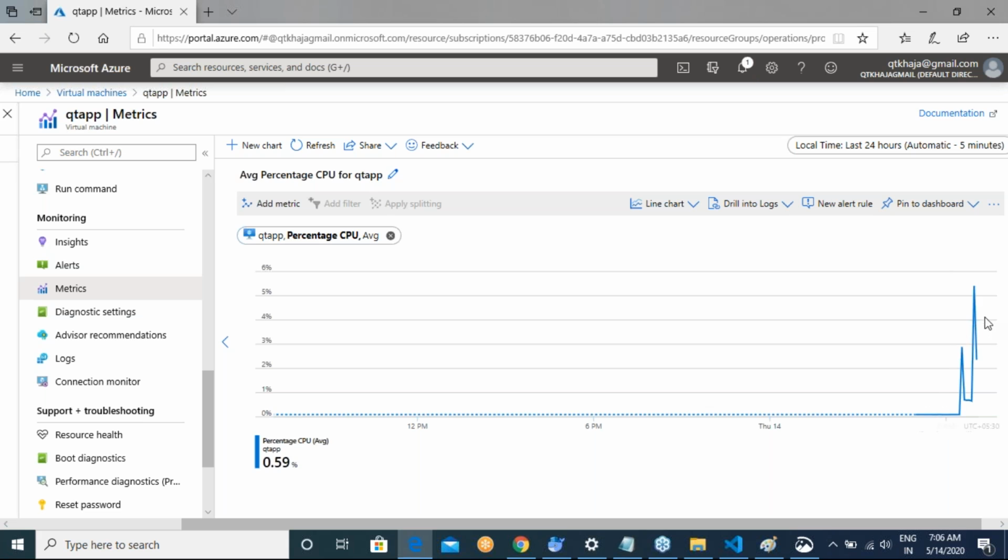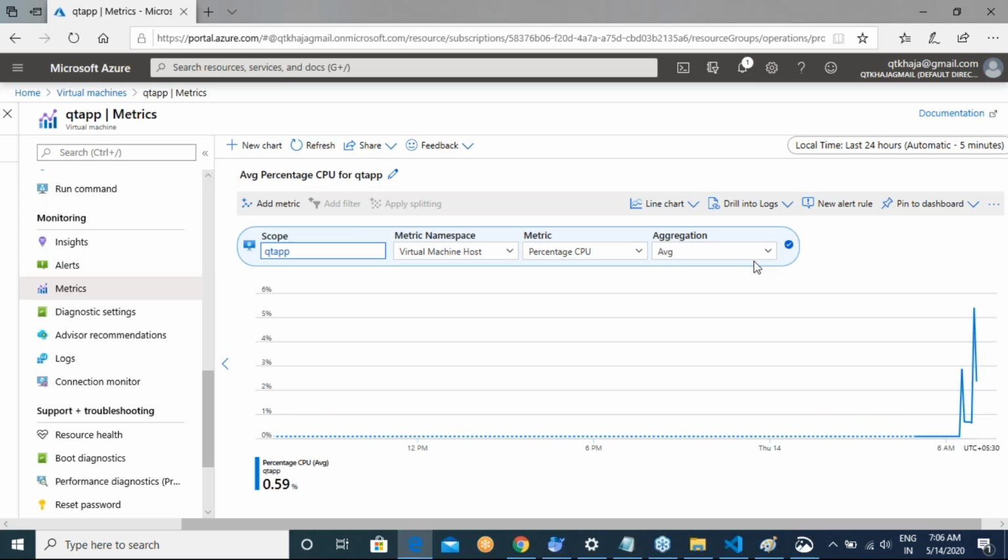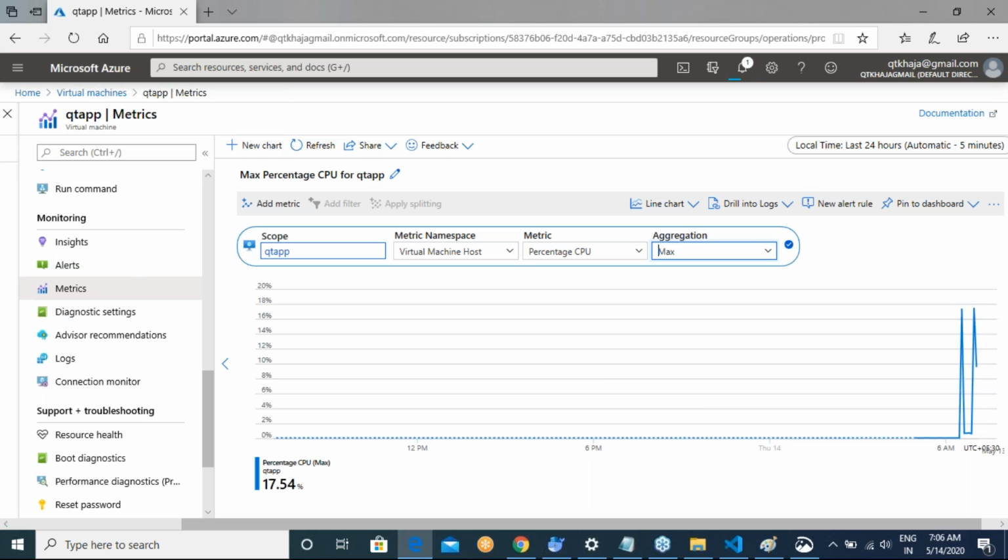It says percentage CPU right now is 6%, and you have asked for average. You can say, I don't want average, I want maximum. So the maximum CPU utilization has gone to 20% at a max.